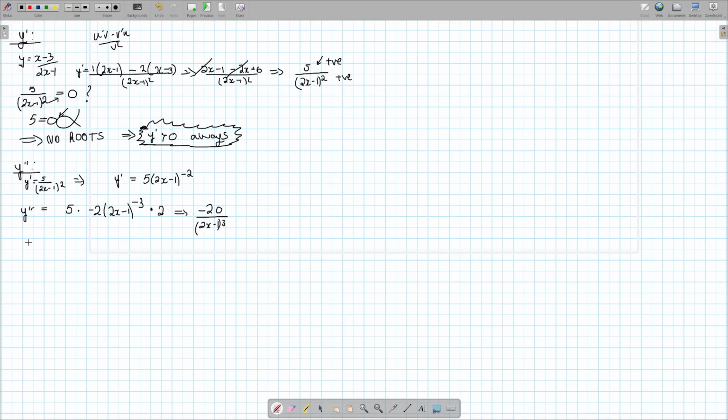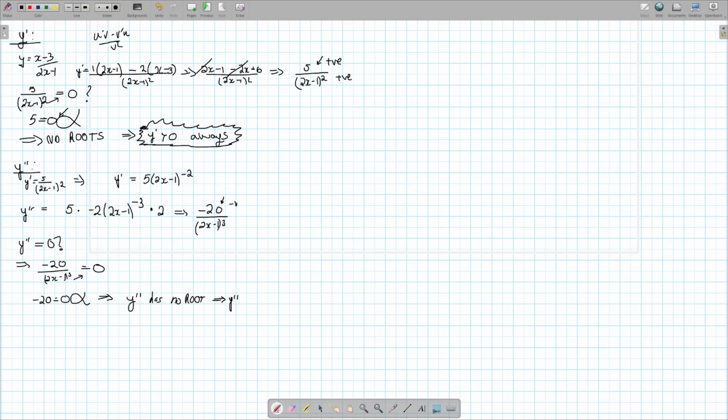Let's study the sign of it. To study the sign, you see when does it equal 0. That means minus 20 over 2x minus 1 cube equals 0. And like I told you, for a fraction to be equal to 0, the numerator has to be equal to 0. If you don't believe me, cross multiply. And you're going to get minus 20 is equal to 0. And you know this is false. That means y double prime has no root. That means it always stays as the same sign. So y double prime is always what? Let's see. Negative 20,